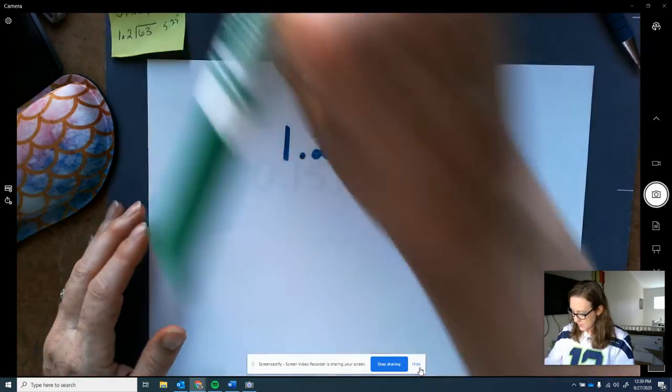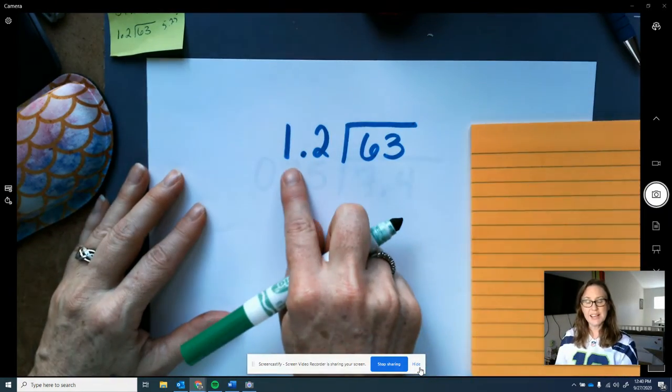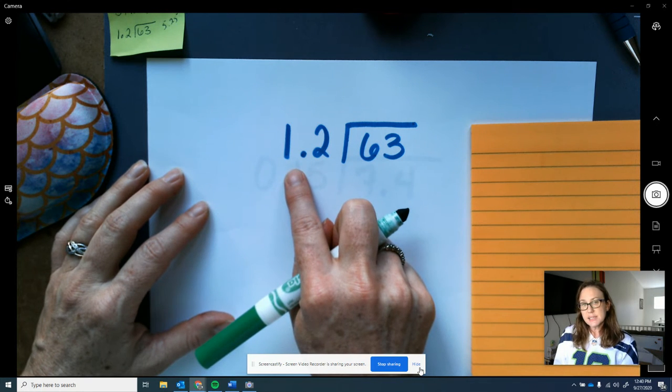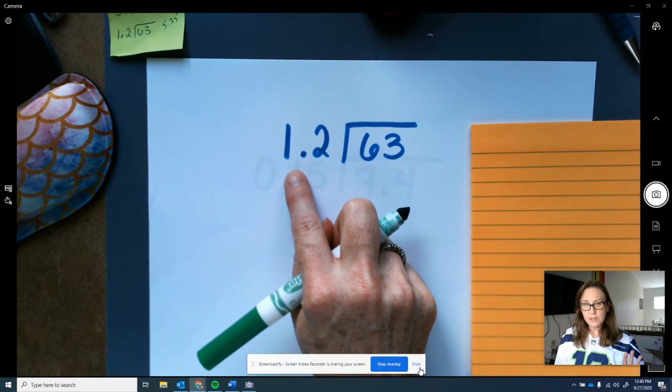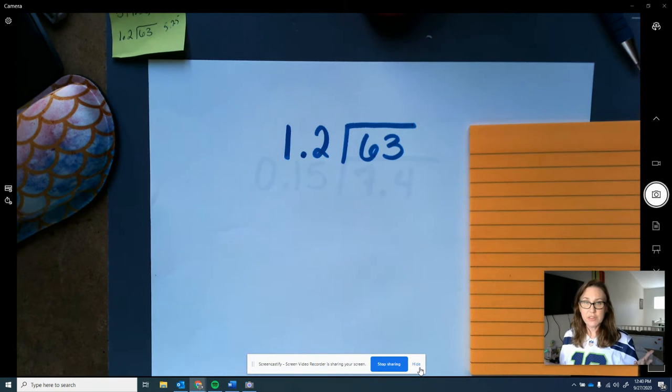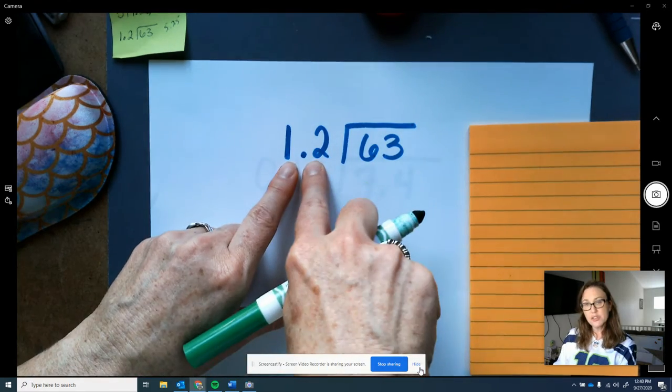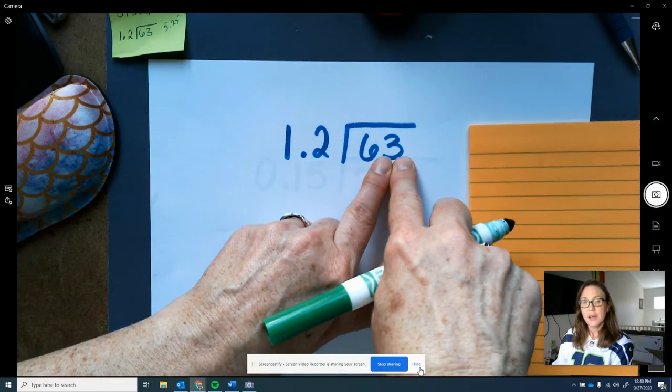Okay, sometimes you'll have a case where there's a decimal in the divisor. The easiest way to solve these is to get rid of the decimal in the divisor, but we can't just make it disappear. It still exists. What we have to do is we essentially have to multiply it by 10. But if we multiply the divisor by 10, we have to multiply the